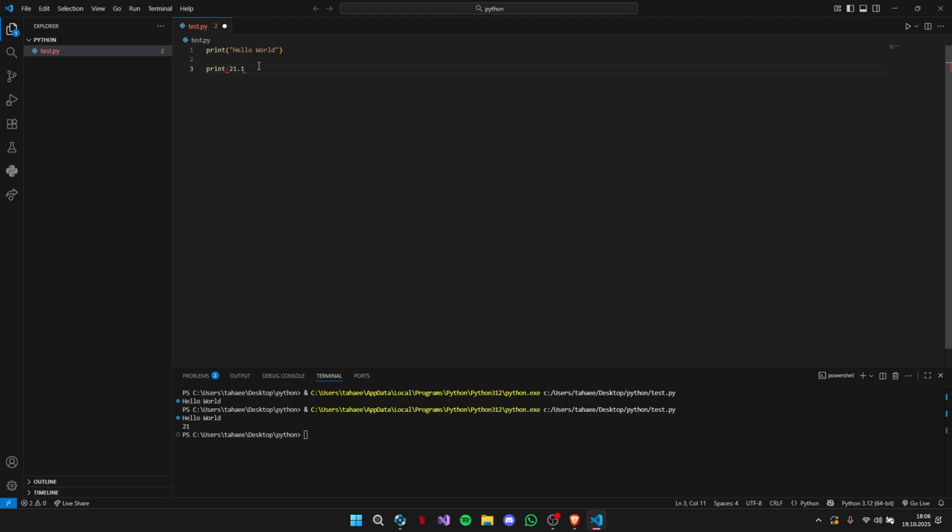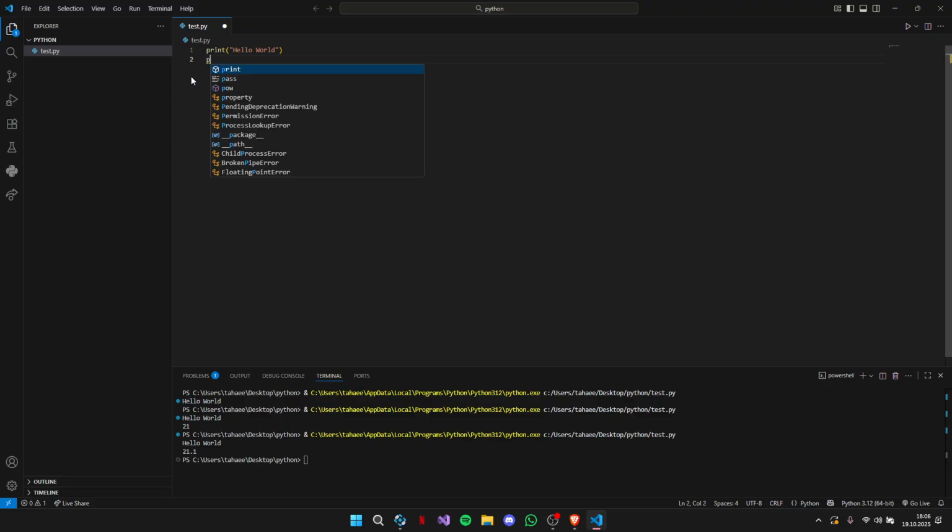So you can write it like this, and that is called the float data type. And there's the Boolean data type that shows true or false things. So you can write